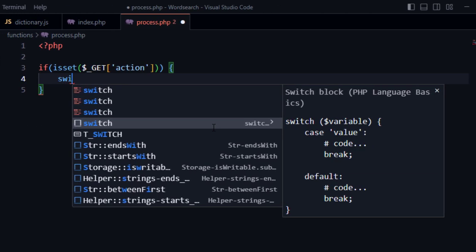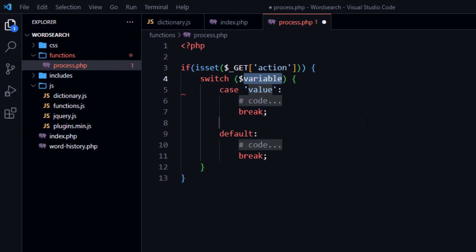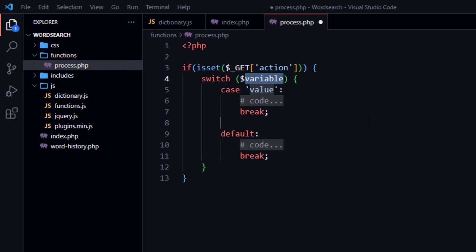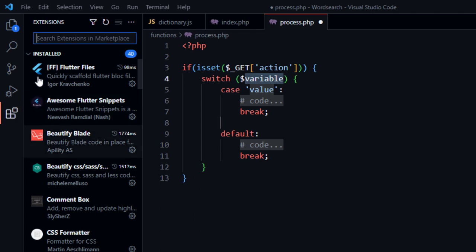So that's one thing about using VS Code. It has a lot of extensions that generate snippets, so I don't even need to start thinking of typing codes one by one and going through all those tedious processes. So you can see once I just type switch, it generates the code for me. You can see and look at it, the switch block, PHP basics. So I'm actually able to do this because I have a PHP IntelliSense extension on my VS Code. So for those of you that don't know it, come over here and you can see, just